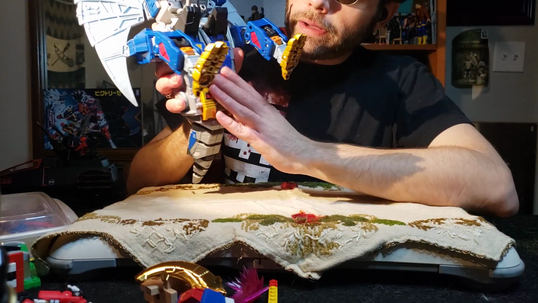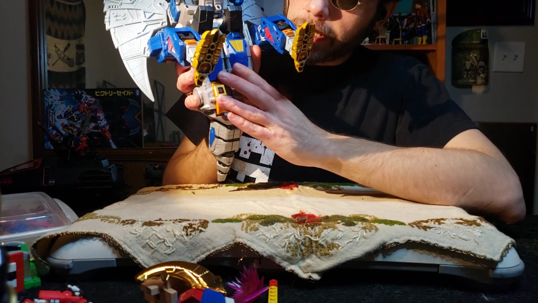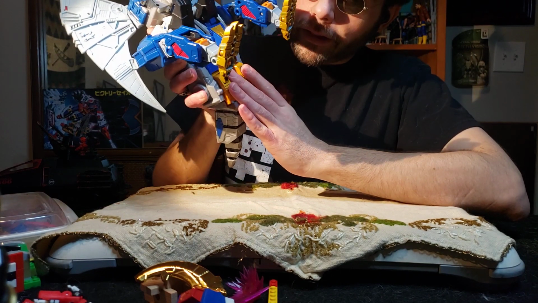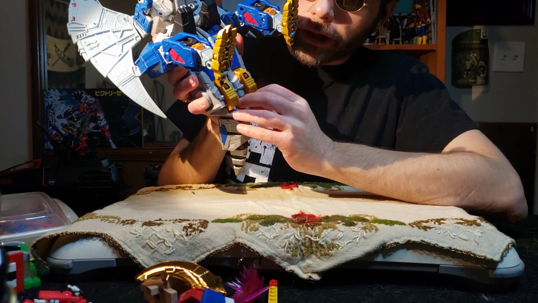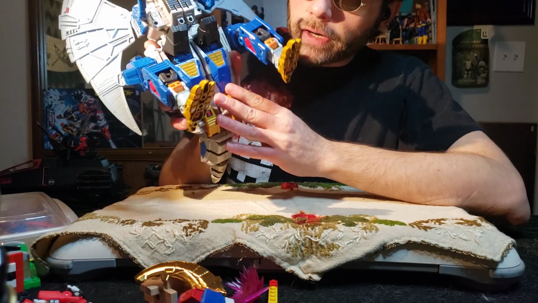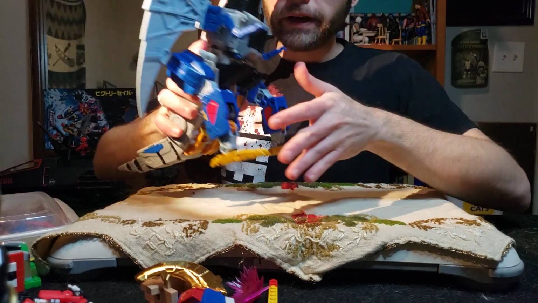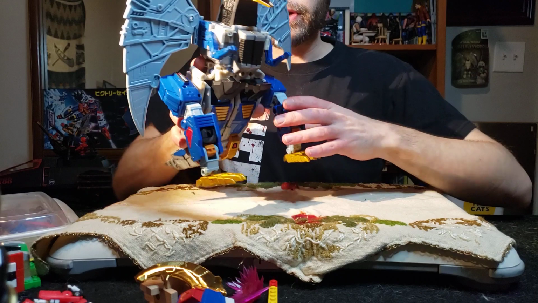Now the underside of this is the backs of his legs, or the front of his legs, and it comes out really well. They did an excellent job with the sculpting here to make it feel like, yes, they're legs in robot mode, but whenever they're combined together for the tail, it does feel like a tail. They did manage to do that very well with all the